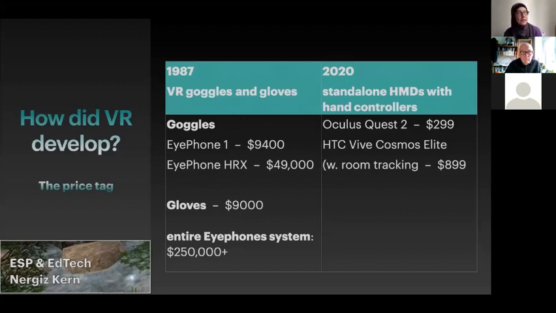Before I forget, somebody said 1960s, and 1960s is actually when this type of VR development started or took shape, let's say. And you can see, if you look at the headsets or head-mounted displays today, they are much cheaper. And there is another difference.